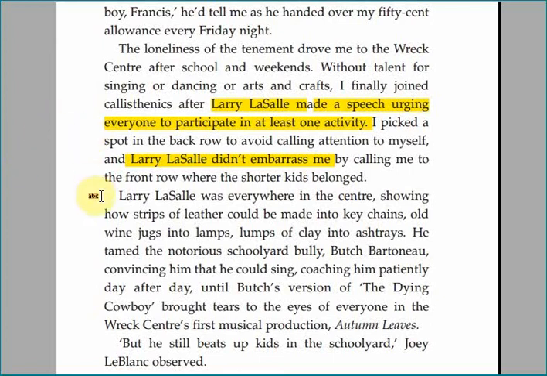Now, this is what Miss Roberts would call a money quote. Larry Lasalle was everywhere in the centre. If you have nothing else from this, that's what you should take. Because Larry Lasalle was everywhere in the centre is directly drawing a link